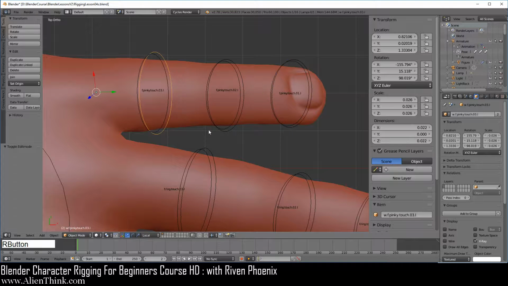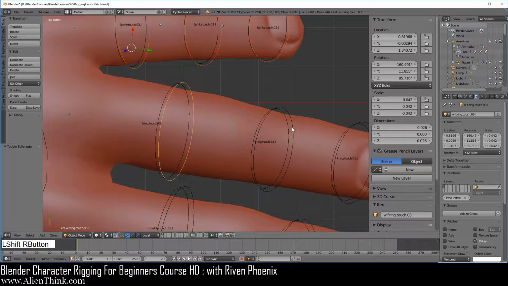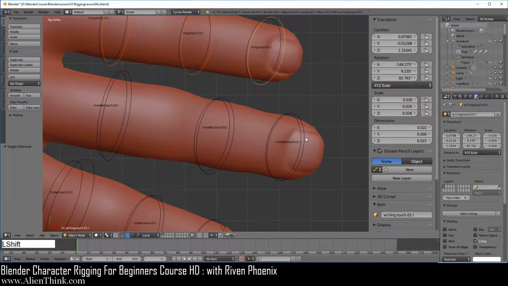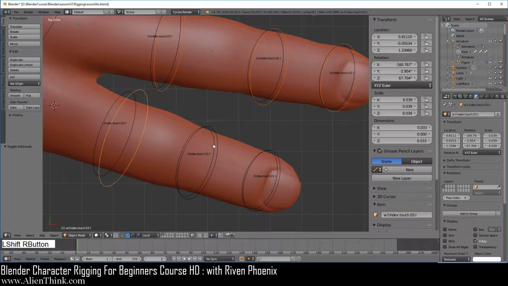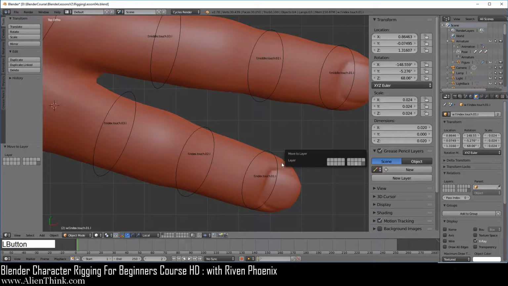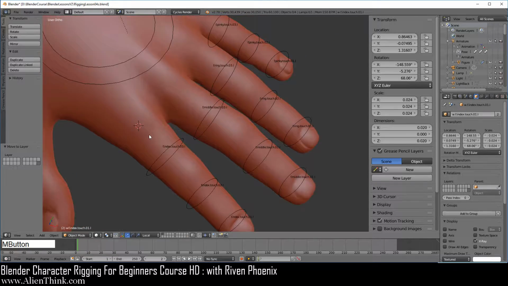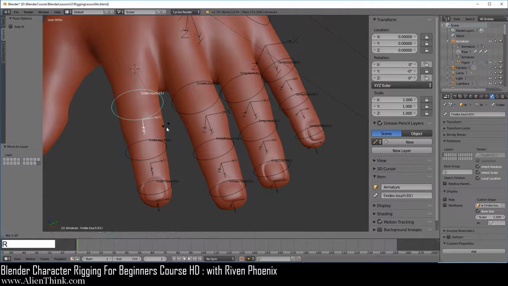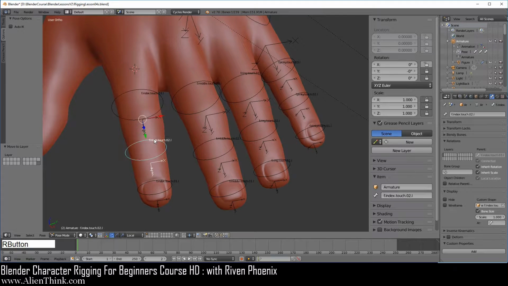Okay, so what you want to do now is to go ahead and click on these over here. And what we're going to do is simply send them to the bone shape layer over here. Okay, so that should be all established. Now, of course, you can click on these and press the R key 2 times to just test out how this whole thing is working.